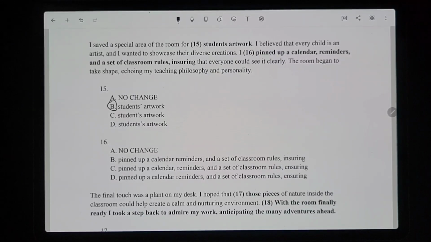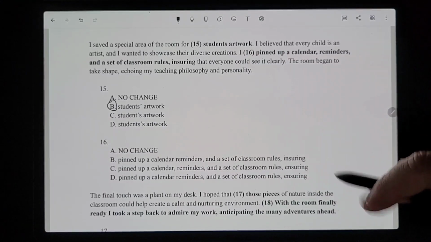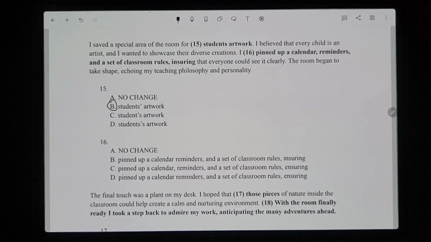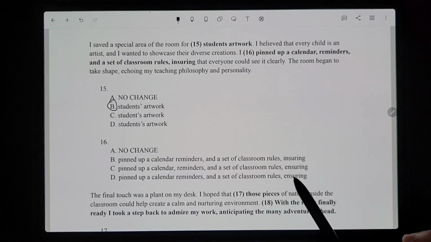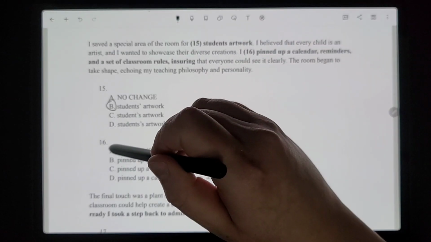So the I version of ensuring is like insurance. Think of that, they're spelled similarly. Like you insure someone under their insurance policy, I guess could be an example. It would have to do with that sort of thing, not making sure, which is how we're supposed to be using it here. The making sure version of ensuring would be the E version. So automatically I can cross out A and B.